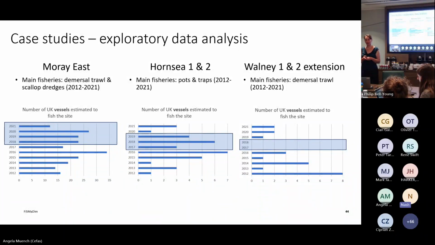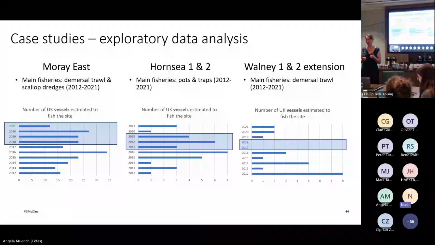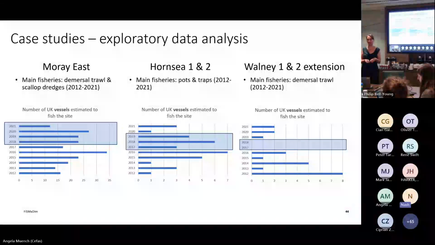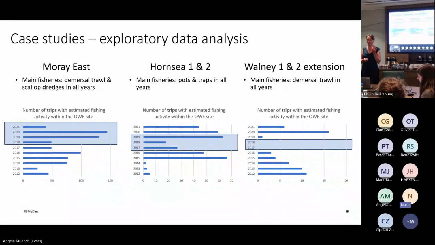Warning extension, at least we stop fishing at time of construction, but otherwise we don't really see a reduction of fishing. We see variation of fishing, which might be driven by external factors. It's time of COVID, time of EU exit. There's lots going on there, but we can't see a significant reduction of fishing in that time. Which is already not a good sign that we can't detect it at this level of temporal resolution, because we're aggregating everything in a year. It doesn't matter if you use UK vessels as before or trips, it's the same picture.